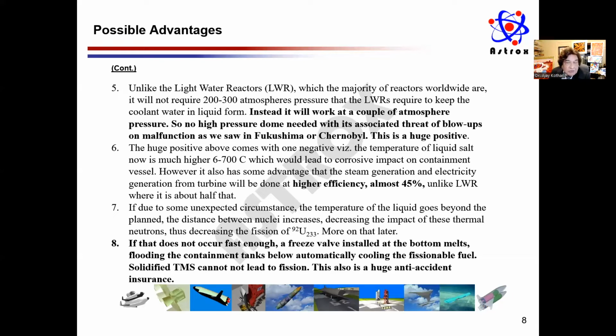It's about 45% as opposed to about 30-35% for the other case. So that's also a plus. Then I talked to you about that freeze valve. I showed you that freeze valve. That freeze valve is situated in such a way that if something goes wrong and the